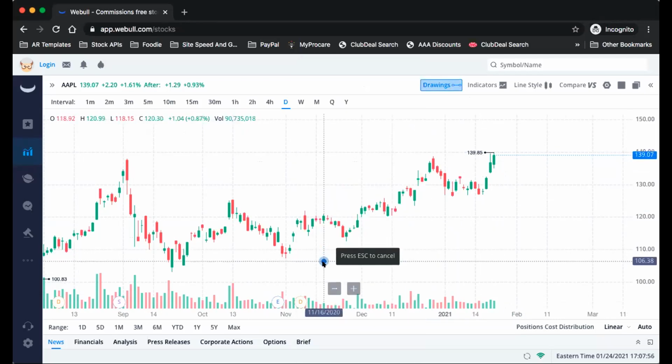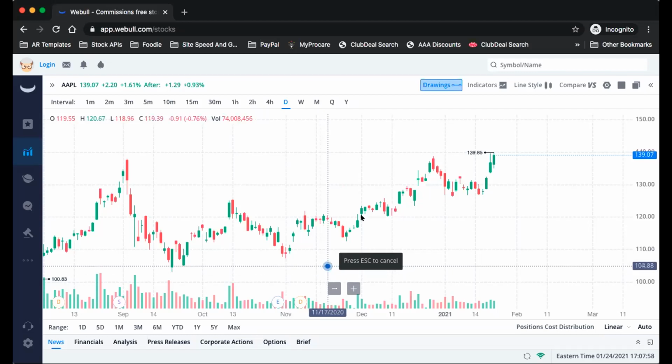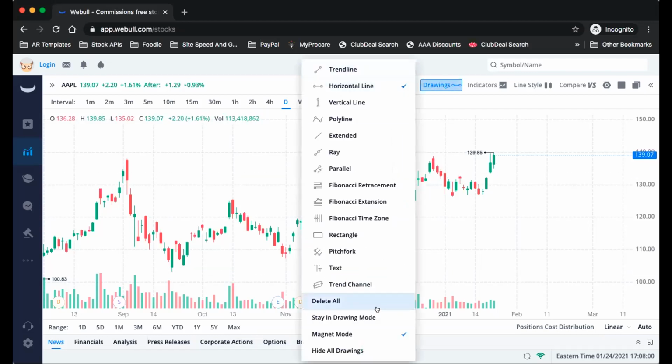For instance, the horizontal line, one of the drawing tools on Webull. You have so many in here. These Fibonacci retracement and extension, they're my favorite. But let's just skip to the horizontal line to draw support and resistance. So here, when I look at this,